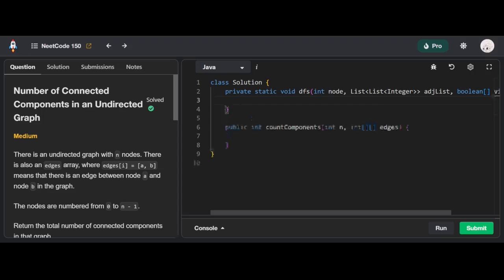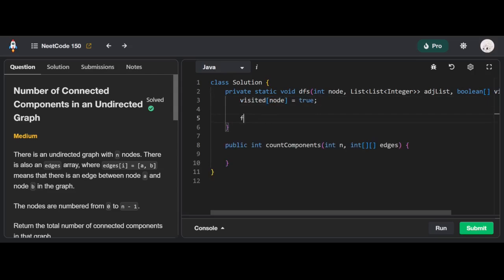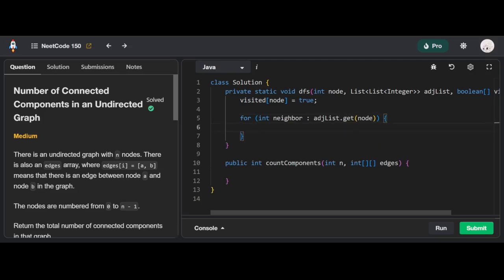And writing the depth first search code itself, what we're going to say is, let's set this node equal to visited. So visited[node] is going to be equal to true. And for each neighbor, which is going to be an integer, we're going to get from our adjacency list, not our graph, our adjacency list dot get node. So we're going to get all the neighbors from our adjacency list for this node, and we're going to say if that neighbor is not already visited,